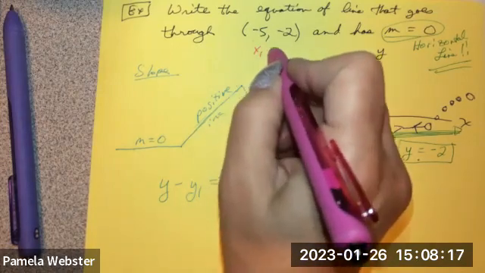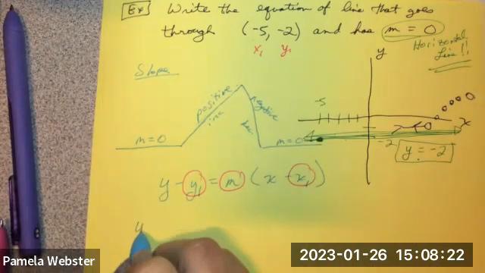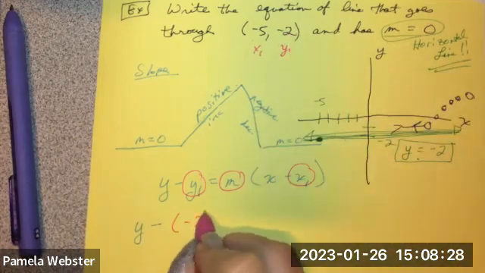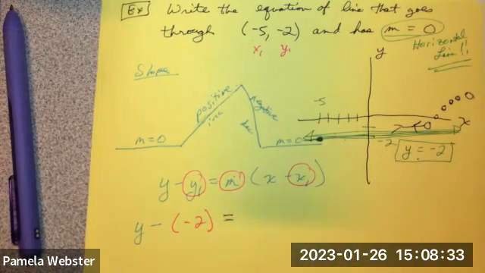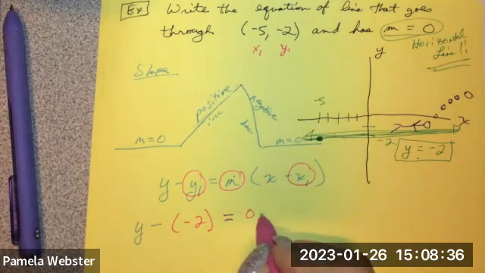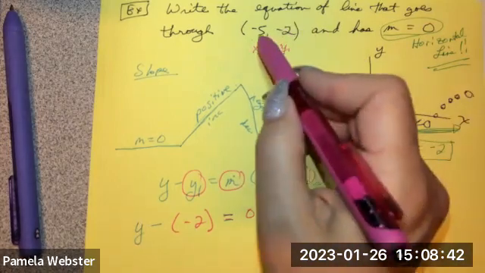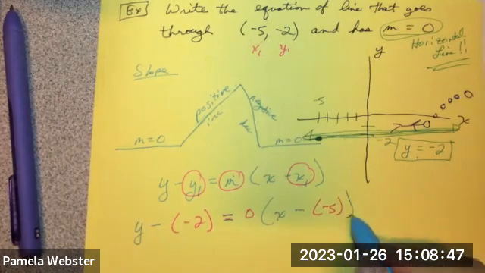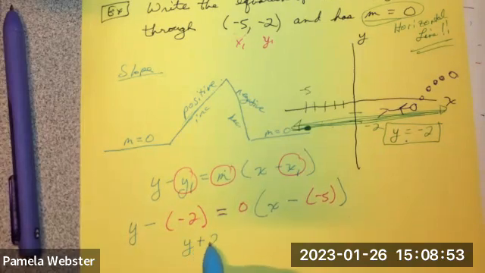And we have a point, right? Here's my x1 and here's my y1. So we're going to plug in there as well. So when I go to plug in y minus, what's my y1? I'm going to write it right here. -2 equals, what's my m? Well, we know the m is a 0, right? So 0 times x minus, because there's a minus in the formula, and my x value here is a -5. So I'm going to plug in a -5. So here I've got y minus -2, that's y plus 2 equals, and over here I end up with 0